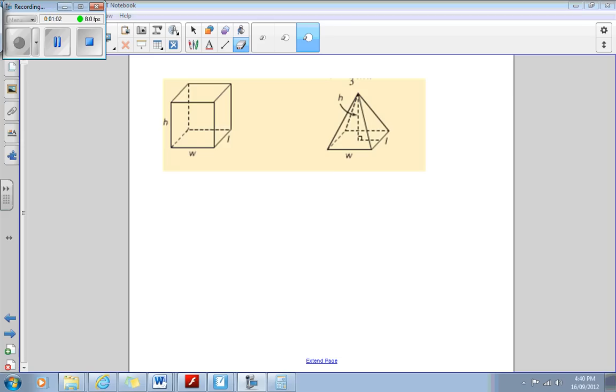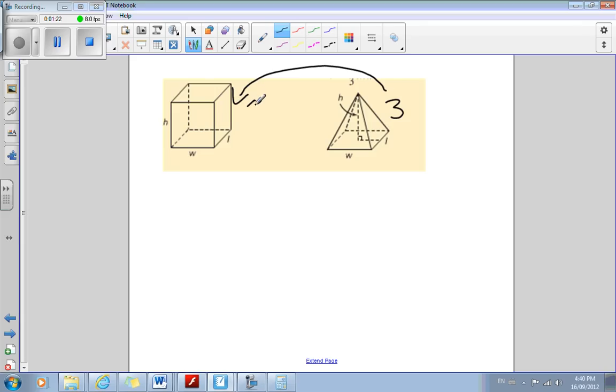Hi everyone, so you went and watched that video for me on YouTube and it was really interesting. You saw that it took three of these pyramids that have the same base area as the prism and the same heights of both objects. It took three of these pyramids to fill one of those prisms. So by knowing that, we know the volume of a prism